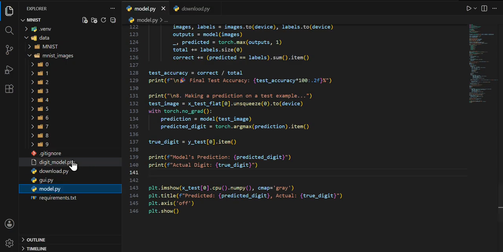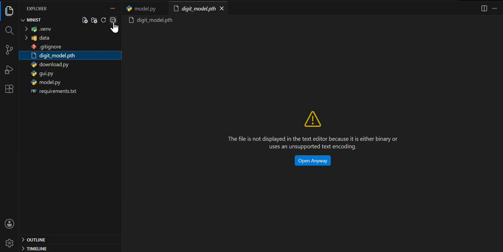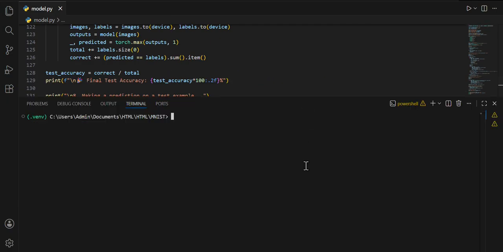If you go here, you can see there's another new binary coded .pth file, which is the model. In this file we will have the trained model. Now if I run python GUI dot py,